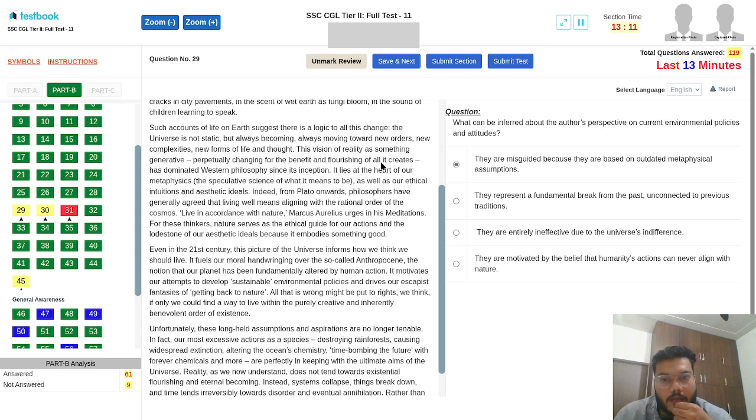Living in accordance with nature works, artisans and meditations. For these thinkers, nature serves as an ethical guide for our actions and the lodestone for aesthetic ideals because it embodies something good. Even in the 21st century, this picture of the universe informs how we think we should live. It fuels our moral